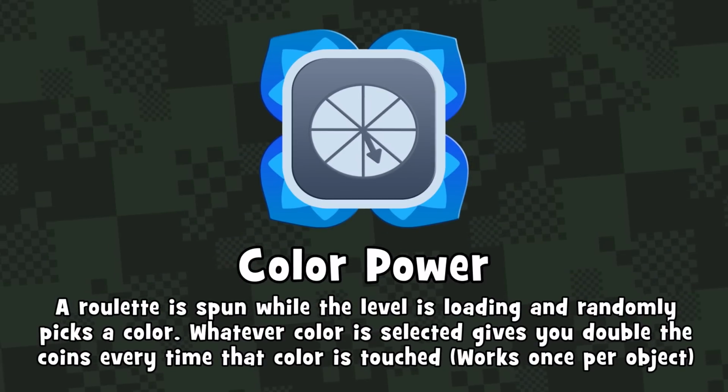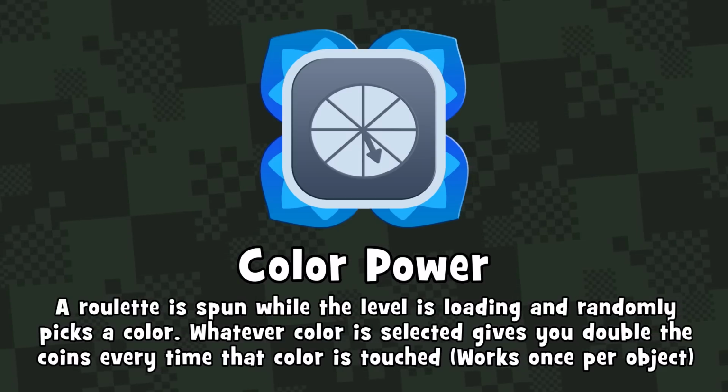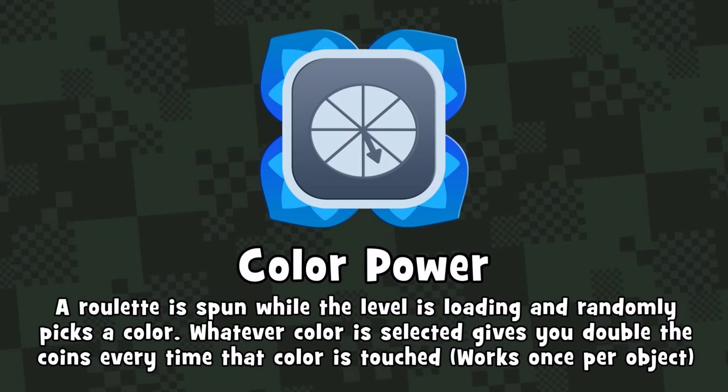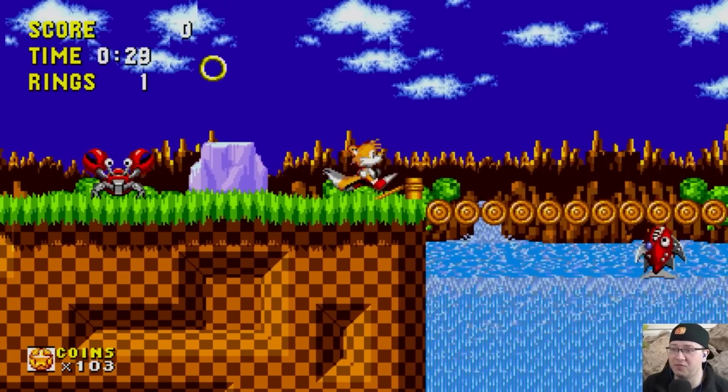A roulette is spun while the level is loading and randomly picks a color. Whatever color is selected gives you double the coins every time that color is touched. Works once per object. Okay, so I know this one is a bit complex, and honestly, I got the idea